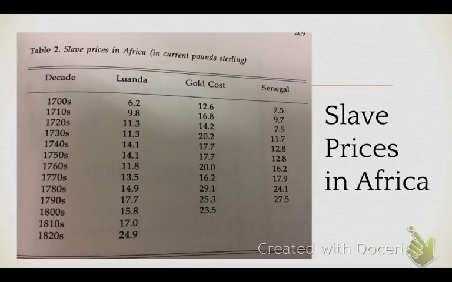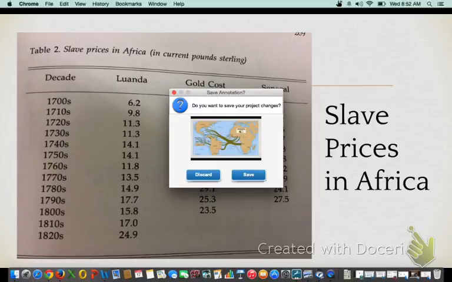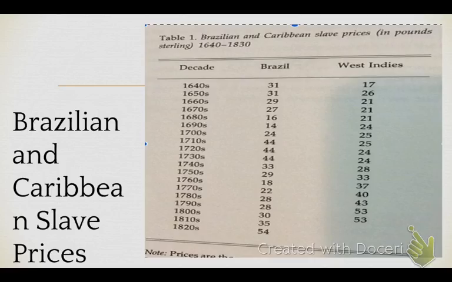First one, economic effects. In this slide, you can see the pricing index of slaves from different regions in Africa. Points to be looking at in this one, which I noticed were interesting, is you see right here, 1760, Gold Coast is a bigger region than Luanda or Senegal. What does that mean? It keeps moving this region. So African kingdoms in the Gold Coast are trading more with Europeans during the 18th century for African slaves.